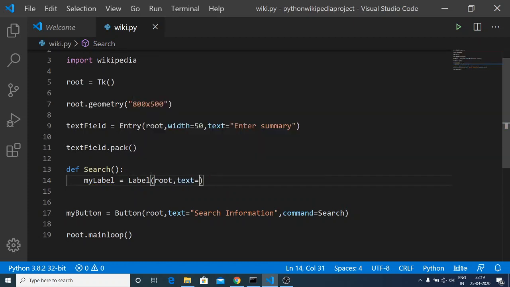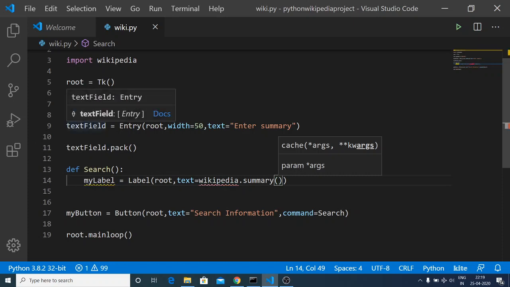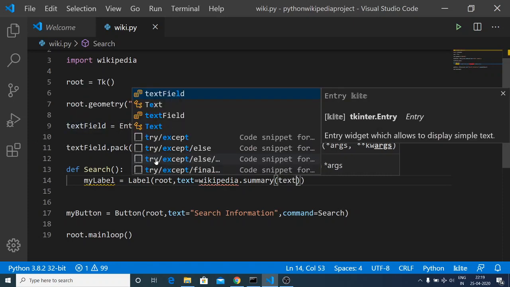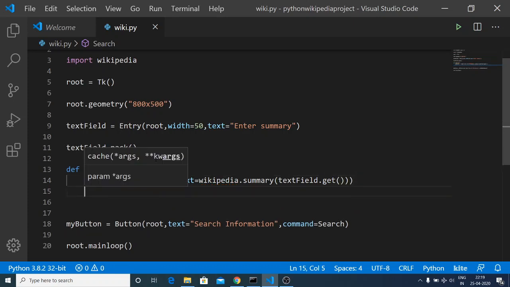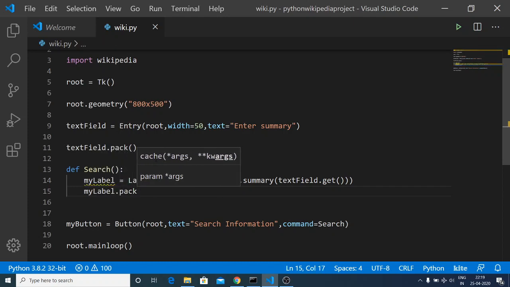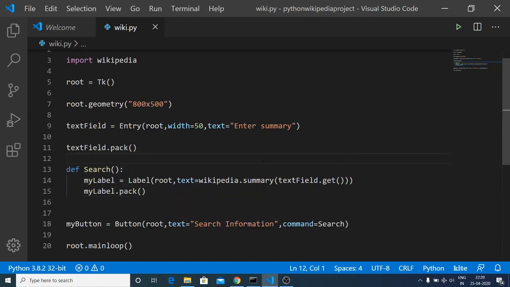So here we will use the Wikipedia library, wikipedia dot summary method, which will grab the summary about a specific topic which is passed here. So in order to get the entry which is written inside the text field, we can just write here text field dot get. So basically this will get the entry which is written by the user. That's it. Now we just need to add it on the screen, so we can once again use mylabel.pack. That's it. So this completes the application.